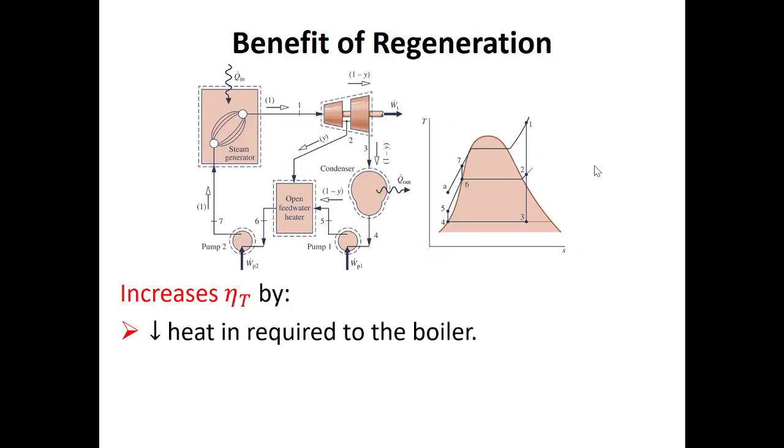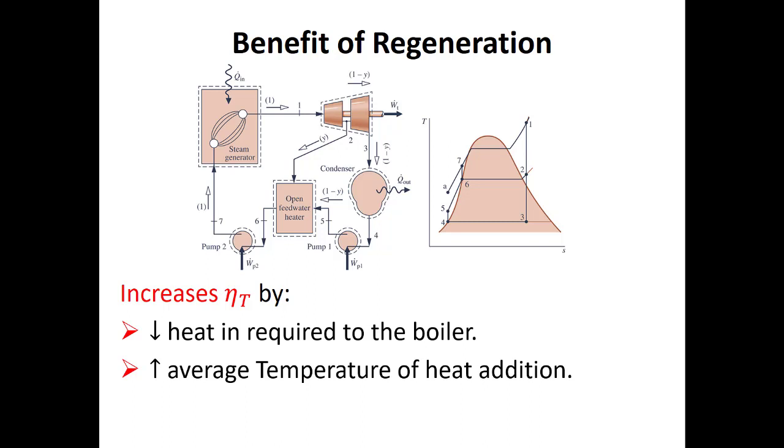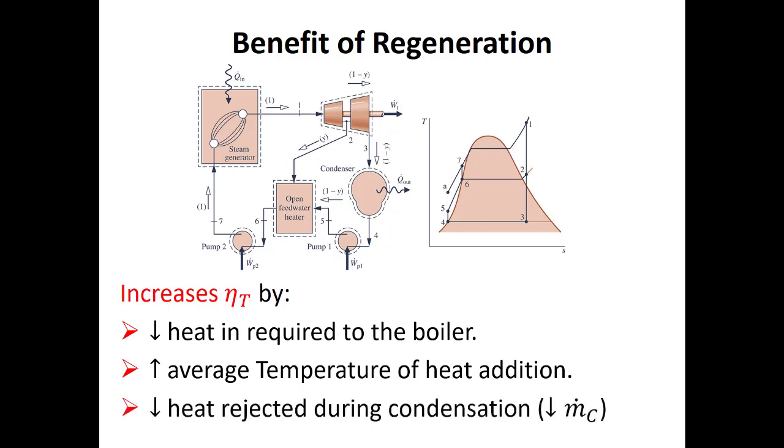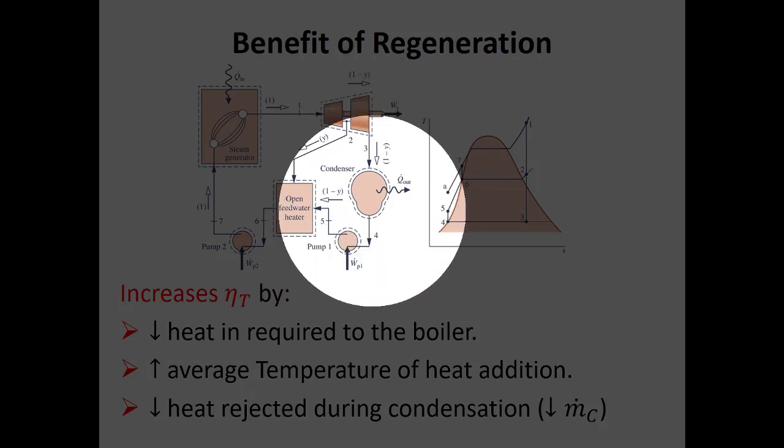So the heat input goes down because we're reducing the amount of heat that we add in the boiler. A consequence of that is that we're increasing the average temperature of heat addition. Now, the textbook tells us that when we increase the average temperature of heat addition, then we tend to increase thermal efficiency. We're also, because there's less mass flow rate going through the condenser here, remember